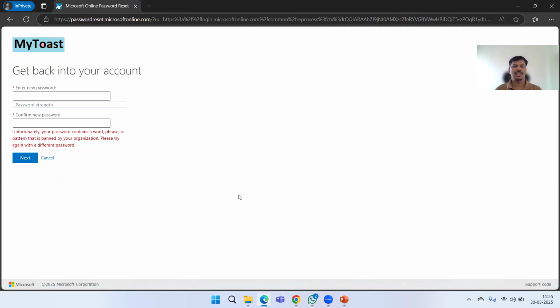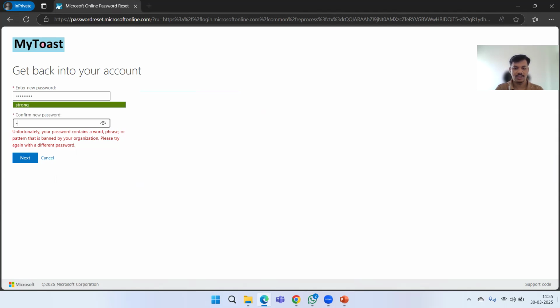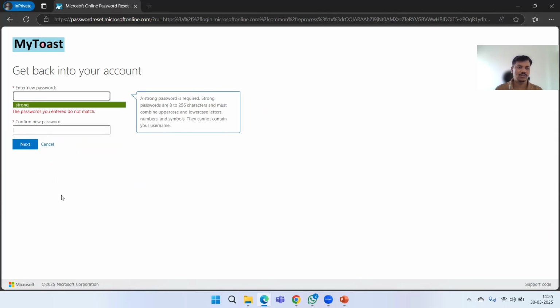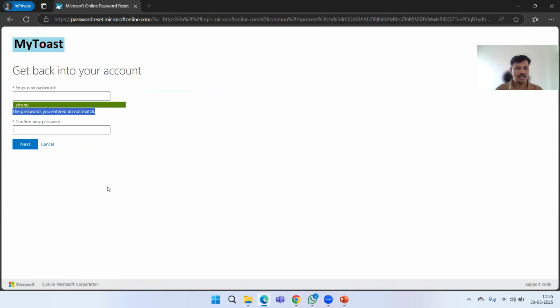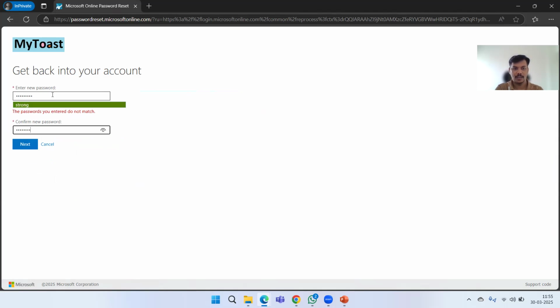Now, you might be wondering, if we are saying that those are easy to guess, then the user might try to enter easy passwords, right? Let's say we don't have Windows 11 used words, right? That means this user would be able to do it. And let's say it shows strong, but here it says that the password you entered does not match, right? So let's say Windows 11, I will put it again and next,